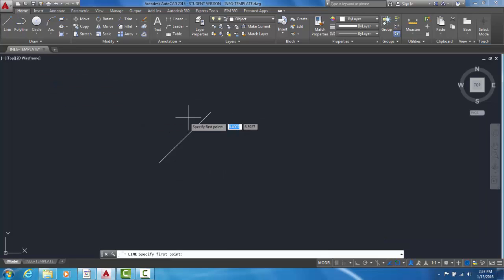I can also use relative coordinates in X and Y. So let's say I want to draw a line that is exactly horizontal. I'll click the start point of the line, and I want it to be a length of 2, comma, and then I enter 0 for the Y component. Note that I could have done this with polar coordinates by entering a length of 2 and an angle of 0. Let's continue the line,